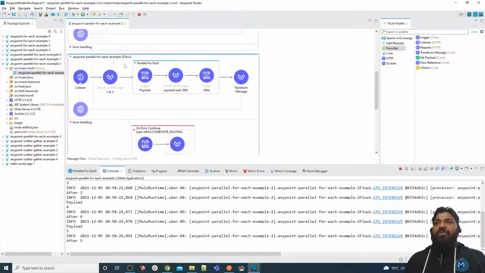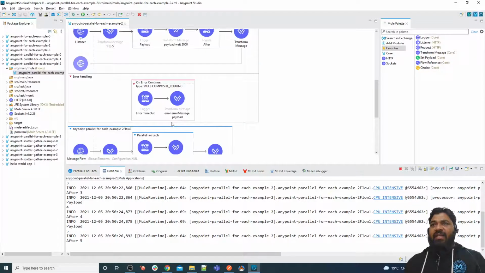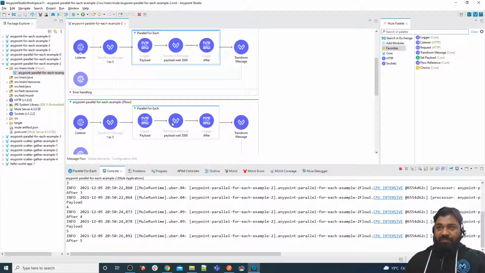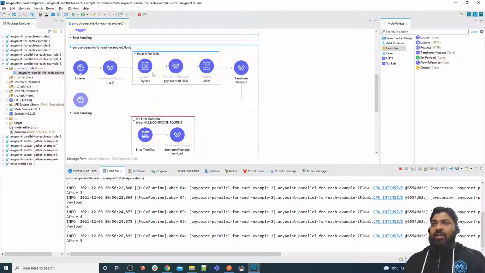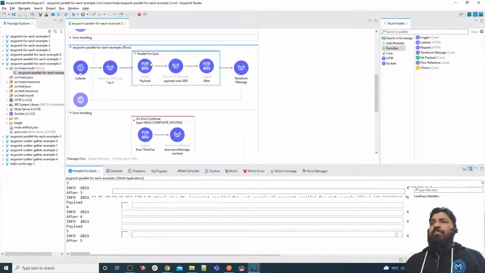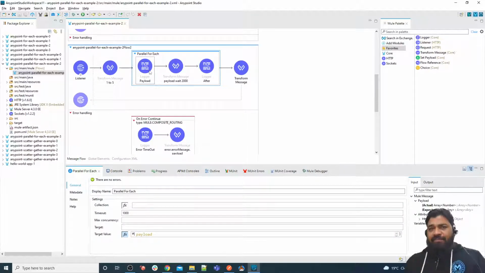Let me show you the third example. This example is purely about error handling: how exactly error handling is done in parallel for each. Let me show you. It will execute your records in parallel, so it creates a separate route for every record. If any error occurred